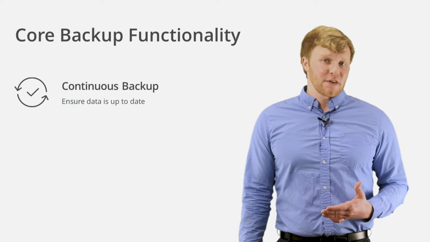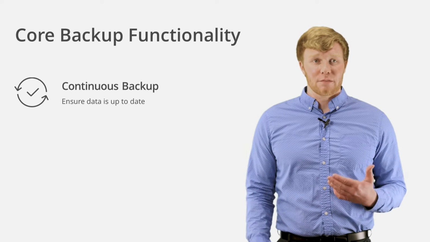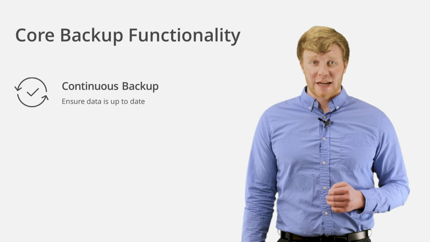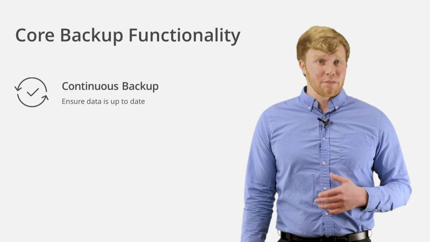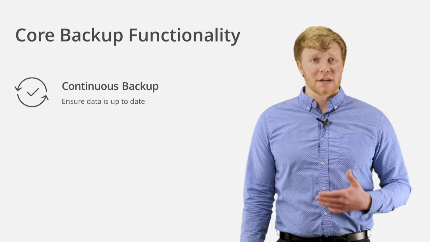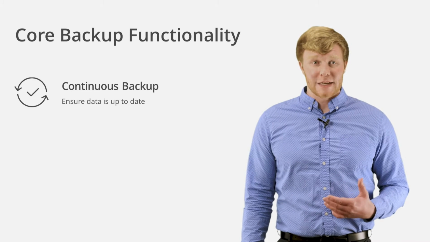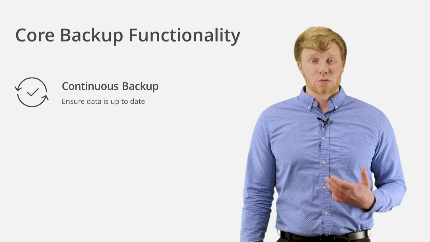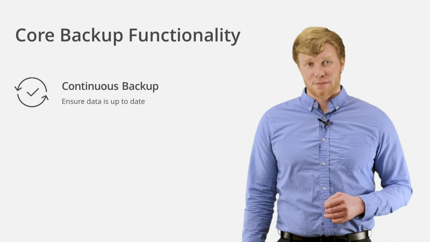Active Backup for 365 supports continuous backup, which means that all the data for all the users is being backed up every time a change is detected in the 365 environment. You also have the option to back up 365 data manually or on a schedule. However, for most organizations, it's generally recommended to utilize the continuous backup setting, as this will ensure you'll have the most recent version of your data in the event of an error or outage.